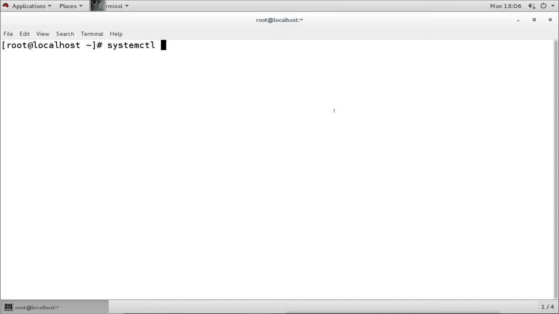This is the command we use to manage systemd. If we want to check the default.target, whether it is graphical or command line, we can check it using the systemctl command. I will say get-default. It shows that the default.target is set to graphical.